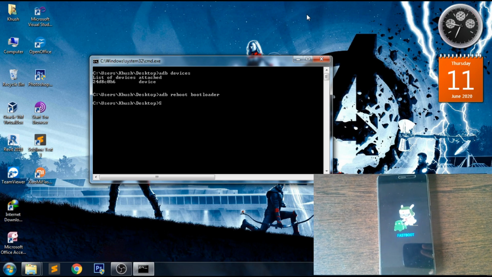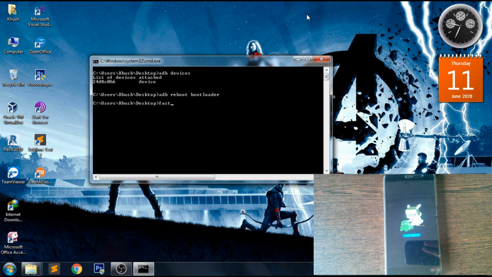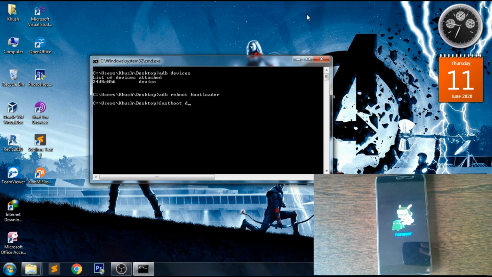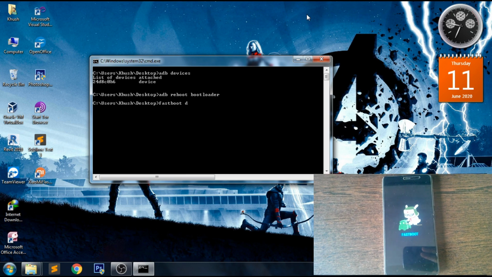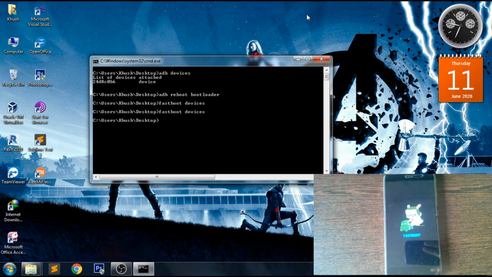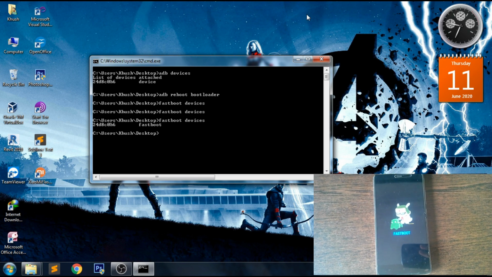Okay, so guys, after rebooting it to the bootloader, just type fastboot devices. This will ensure that your phone is connected in fastboot mode to the computer, and press enter. Okay, it's not showing the phone, that means it is not connected properly. Yeah, as you can see here, it is showing my device.